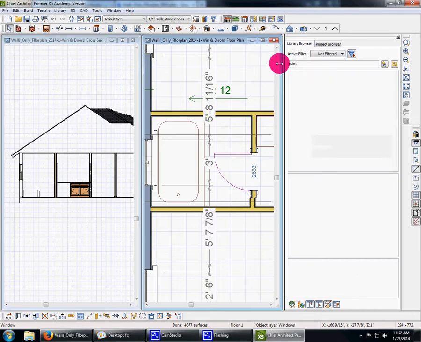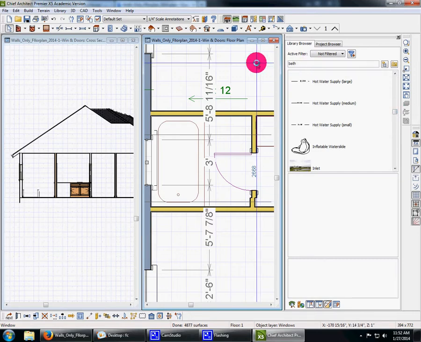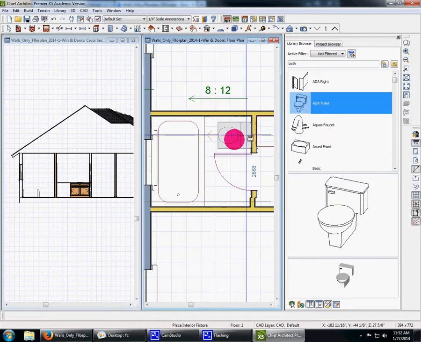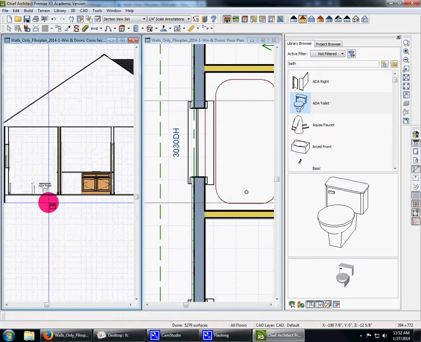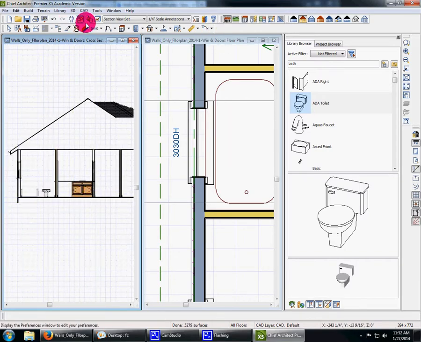Toilet. Put in water closet, because sometimes it's listed under water closet. And bath. Oh, there we go. There's our ADA toilet. And place it right there. And you can see that it's showing up here in my cross section. And again,